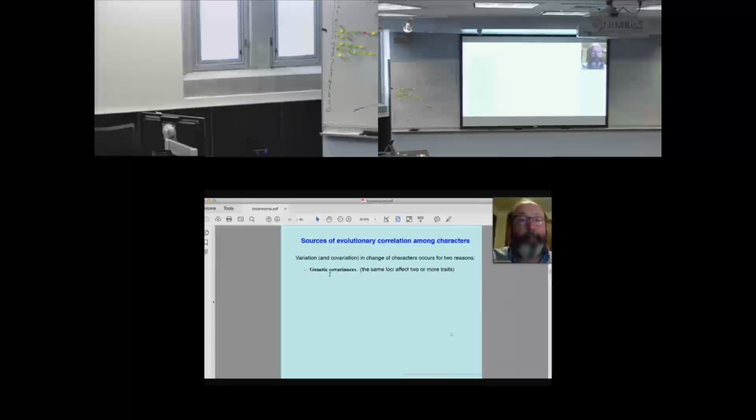So many people look at that and they'll say, oh, okay, the process of natural selection depends on the G matrix, and so does genetic drift. So if we see covariation of characters across the phylogeny, looking at the tips, it must be reflecting genetic covariance. And what I really want to tell you in this part of the presentation is that there's another source of covariation, and that is called selective covariation. And it's very little known. It's very little discussed in the literature, which I think is a great problem.